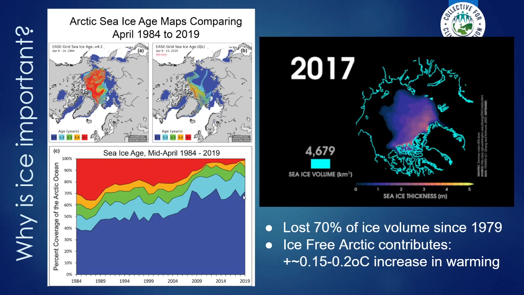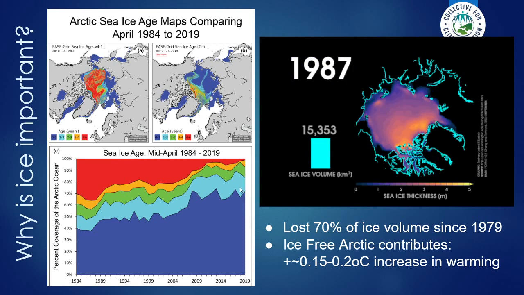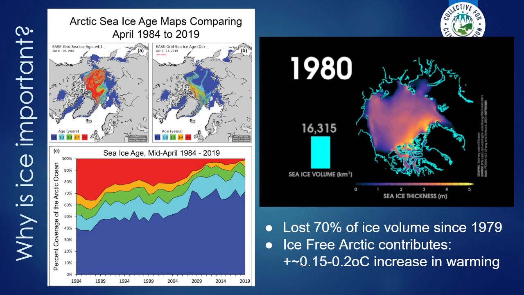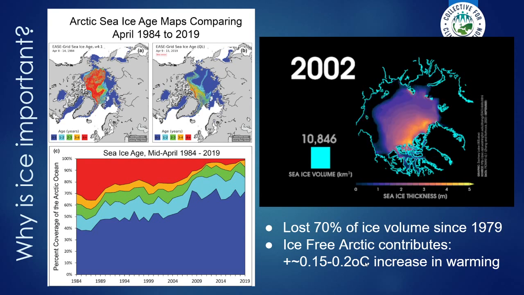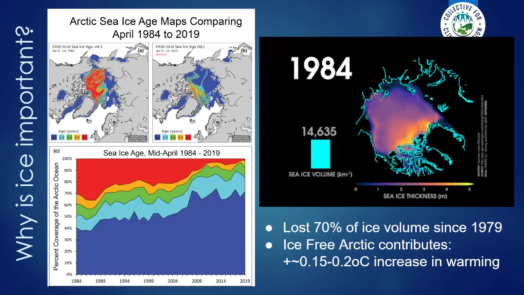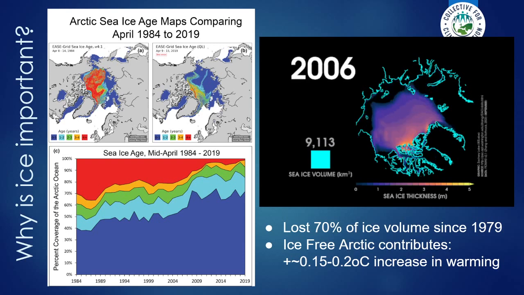And that's important because it doesn't survive through summer melting. And so more and more of the Arctic Sea is exposed to the sun's radiation. I used to really worry about that, but it turns out that even an ice-free Arctic, a dark blue ocean soaking up 90% of the sun's energy, will only contribute about 0.15 to 0.2 degrees C of an increase in warming. And that's set to be offset, hopefully, by China's 2060 commitments and their carbon reduction commitments alone. So it's still a problem from a warming perspective, but there are other impacts that it has, which we'll go on to in a second.